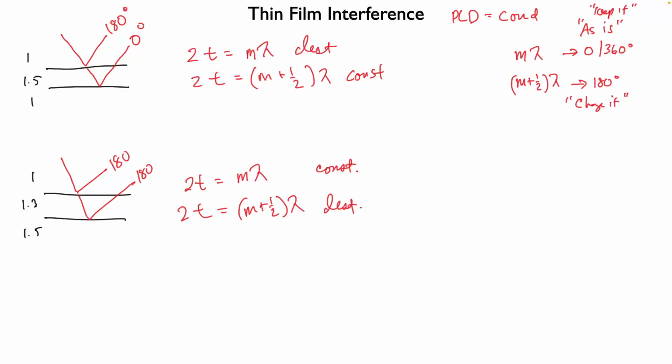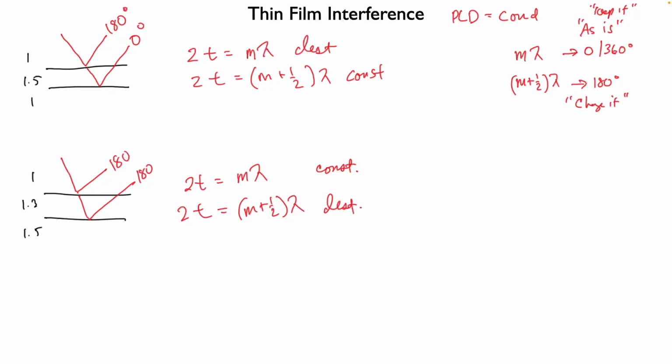So what are the steps that you go through in order to figure it out? Draw your picture. And with your picture, you're going to do the phase changes, right? Second step, you're going to write down your equations, and then you're going to derive what the equation is telling you by looking at m lambda and m plus a half. You can always count on the thing I've written over here on the right-hand side. M lambda always means don't change a thing. Keep the relationship as it naturally exists in the problem.